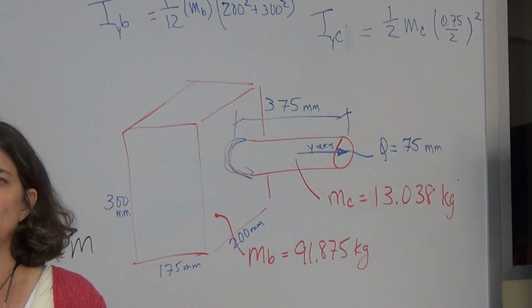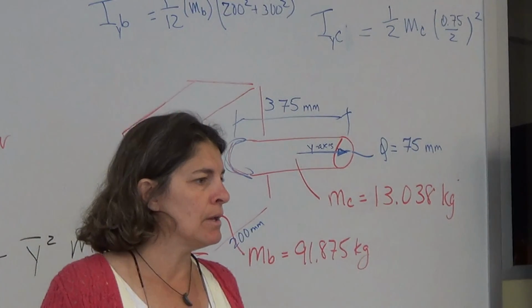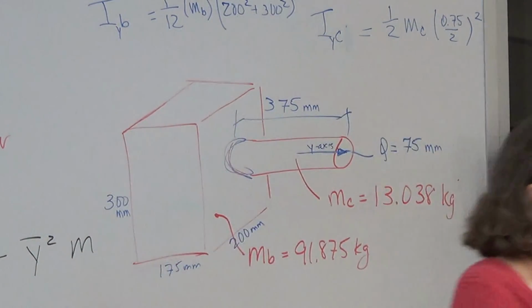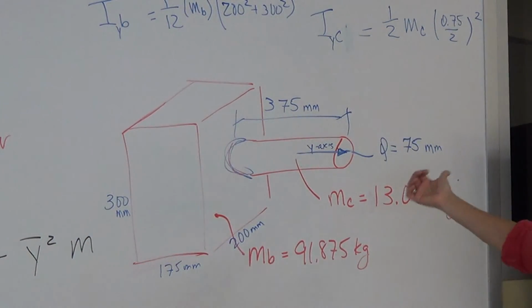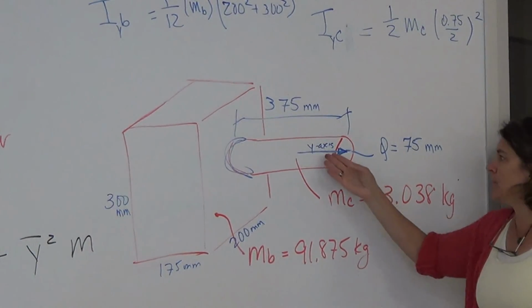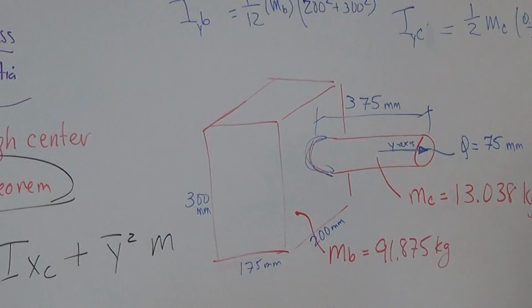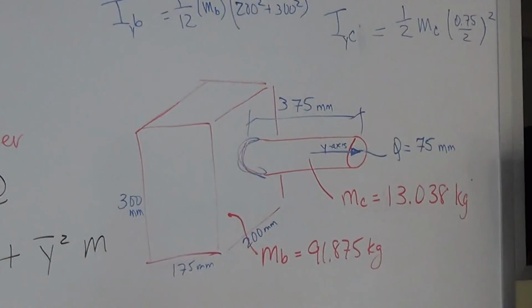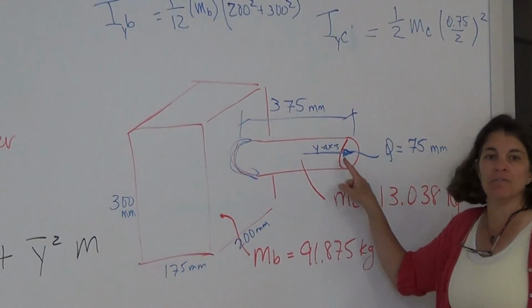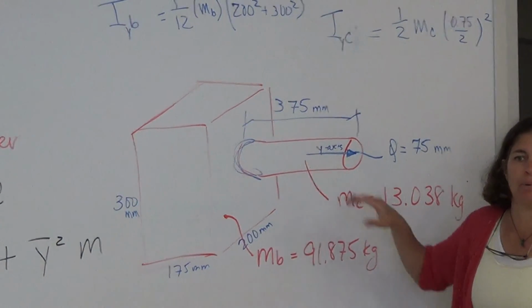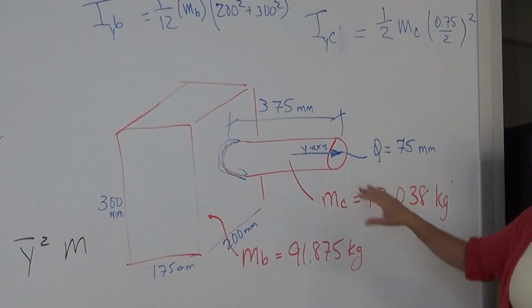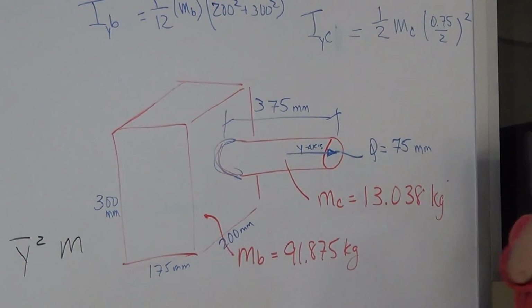We could always rotate our axis. We could put it wherever we want. So the textbook has the x-axis coming through the center. Yours, in this problem, has the y-axis. So what's important is not whether you're using x, y, or z, but the orientation of that axis in terms of the body. So the y-axis here corresponds to the x we're seeing